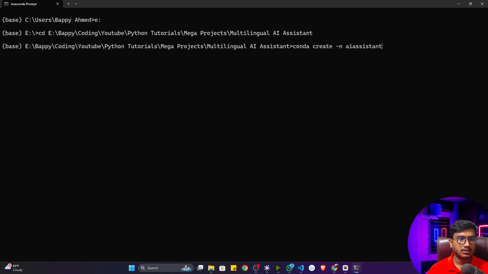Okay, AI assistant, or I can only give assistant, I think. And now specify the Python version. So Python is equal to, now I'm going to use something called Python 3.10. Why 3.10? Because here we'll be working with a large language model, and large language model wise we'll be using